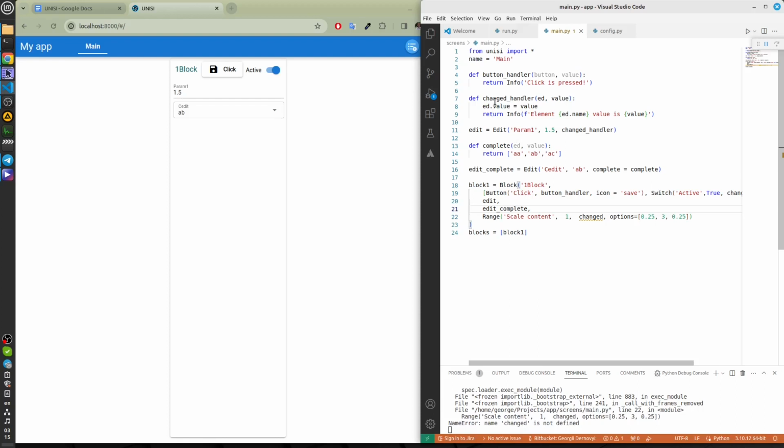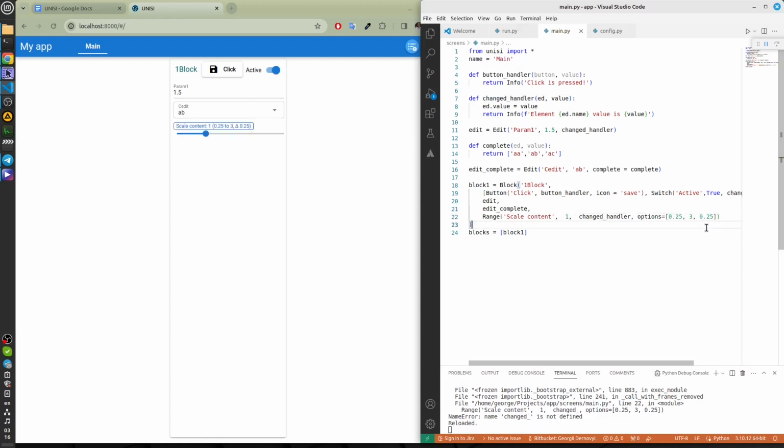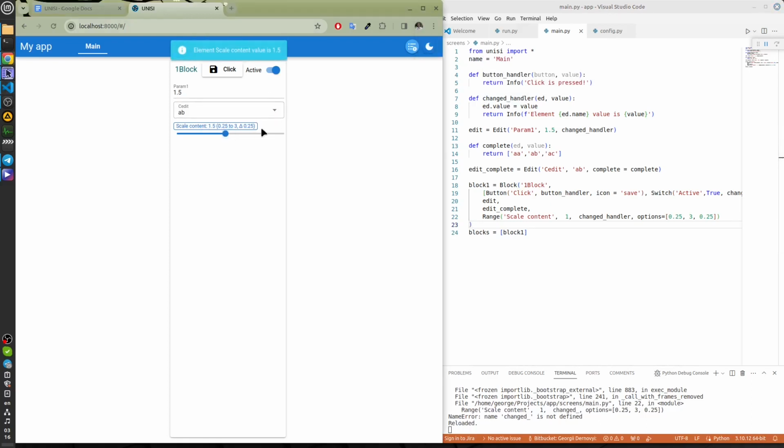Let's write the handler here, because we have it. So, it is correct. We have tied the handler. And now the system receives messages when the range element is changed. We see how it works, and we can drag it like this, as you like. So, we have figured it out.